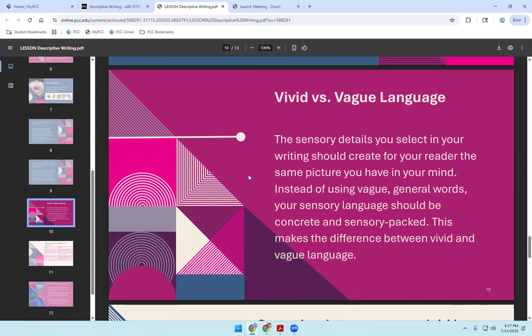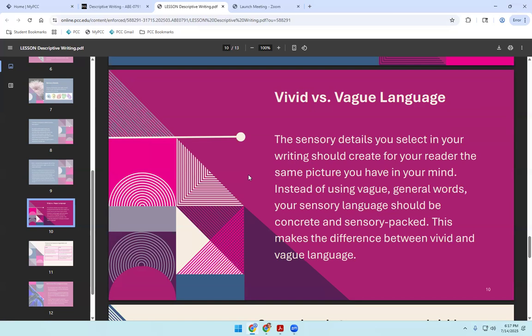Okay, the other thing that we want to be sure to do is use vivid versus vague language. What does the word vague mean? Mysterious. Yeah, kind of mysterious, so general that we're not sure what it means. Vague is like, how are you feeling? Okay. Well, okay doesn't really tell me anything, right? It's like that could be anywhere. You've given a response, but it's not really making it clear.